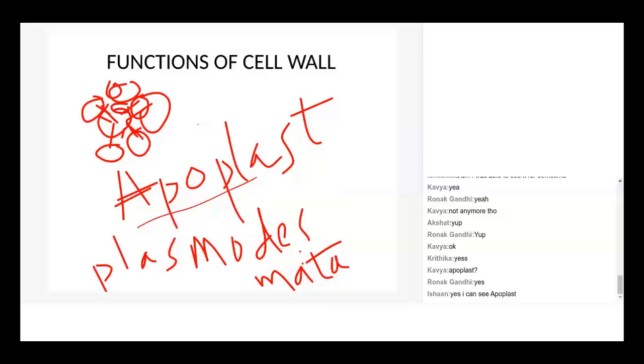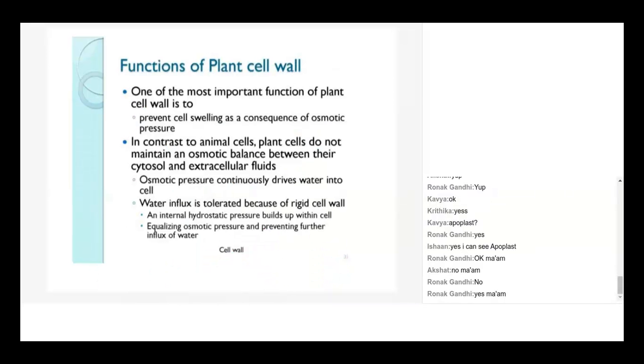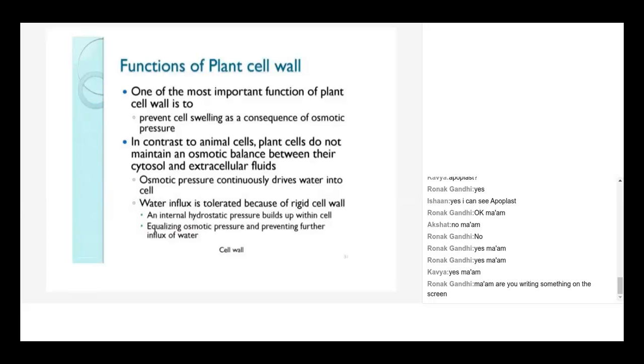Yeah, fine. The other most important function of the plant cell wall is something different. Okay, here we have to learn two important points. Now, in the cell, we'll have a vacuole, which is the prominent one when compared to all other cell organelles. Okay, so when the food is prepared by the plant, you'll have food material in the form of glucose and other carbohydrates inside the plant cell. All those things will be stored inside the vacuole.